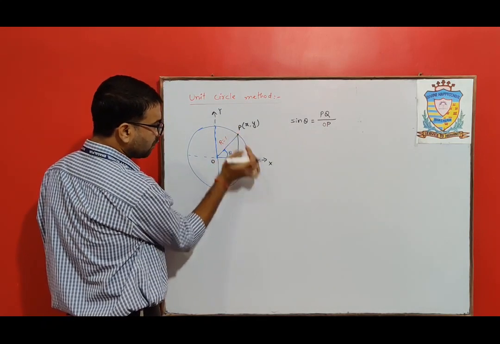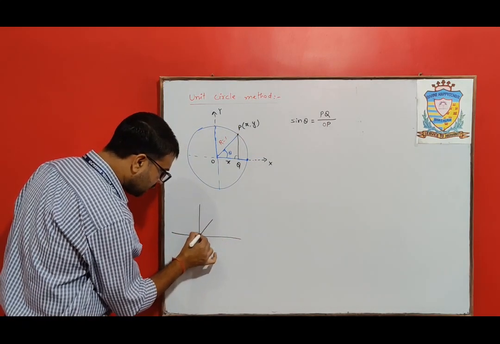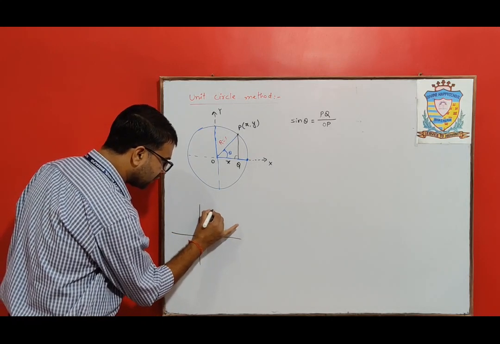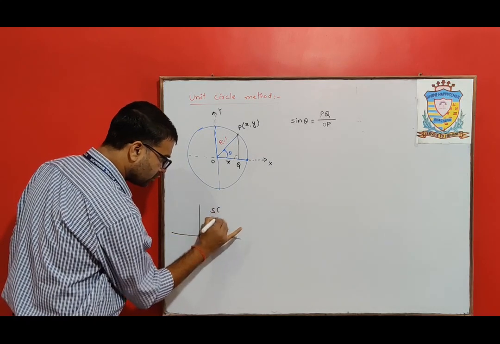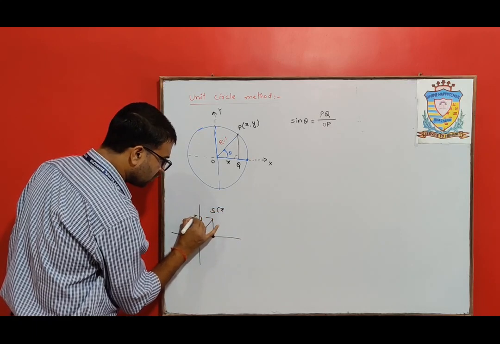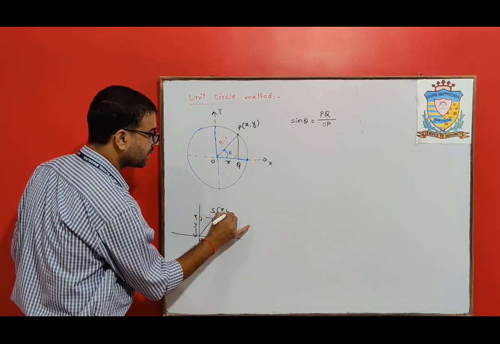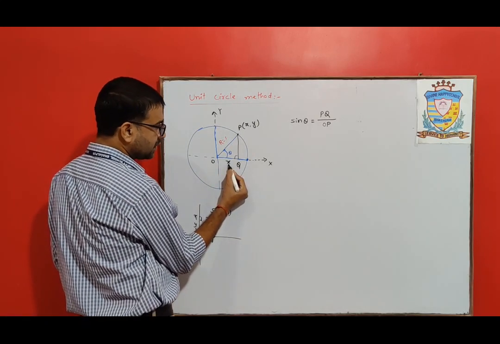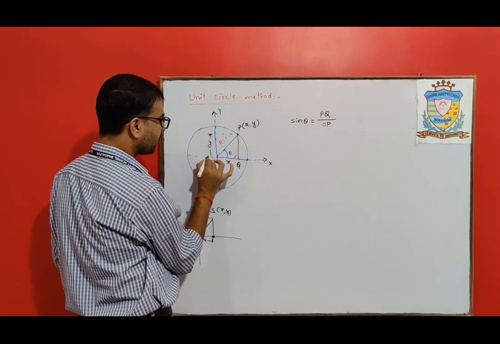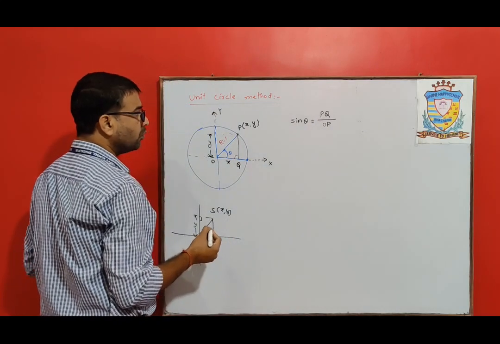Here, in the graph system, as we have already studied, if we drop a point over here, the coordinate of this point is X, and if we draw a perpendicular over here, this will become the Y, and this is the value of X. So let this be X and this value be Y. Clear? Okay. So sine theta is equal to PQ upon OP.